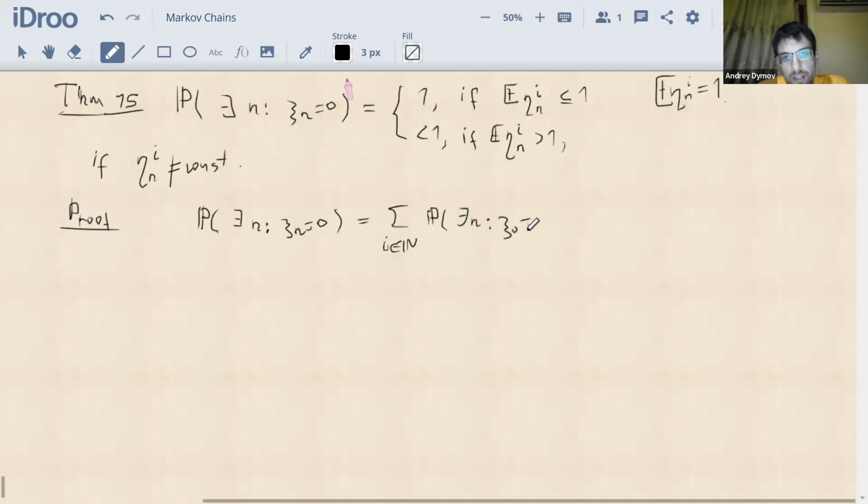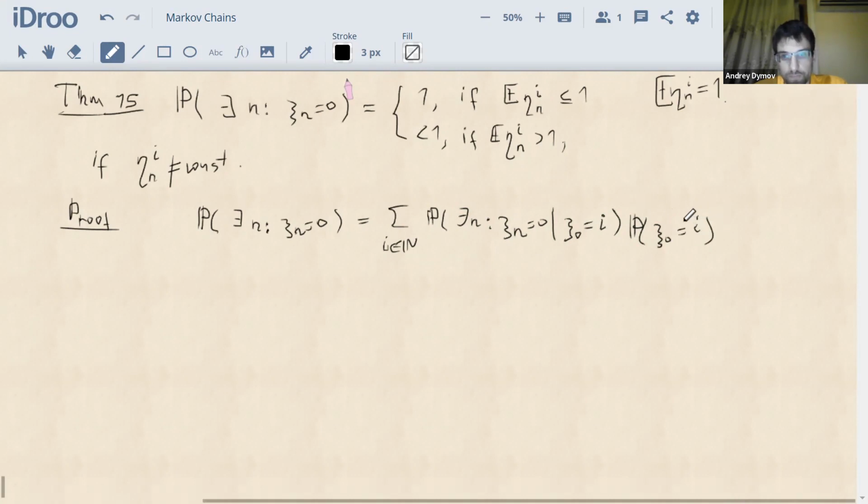I take conditioning at the event that at generation 0, I have exactly I descendants, then I should multiply it by the probability that in the initial generation I have exactly I